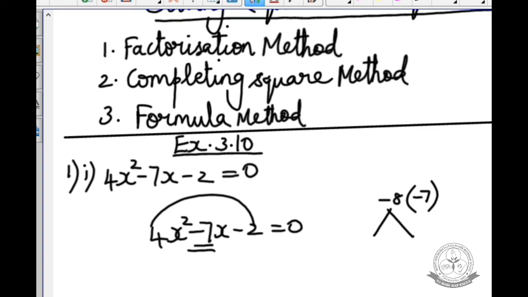So 8 and 7 are nearest, so you can use one table. 1 into 8 is 8. Since the sum is negative, in the factors we found, for the bigger number you give the negative value, minus. Now multiply both: 1 into minus 8, the answer is minus 8. If you add both, minus 8 plus 1. For different signs, subtract, and you will get the answer as minus 7. Now you have to see the coefficient of x squared. The coefficient of x squared is 4. Whatever the number in the coefficient of x squared, you have to divide by that number. If it is 1, no need to divide, you can carry as it is, otherwise you have to divide. So when you divide, the answer will be